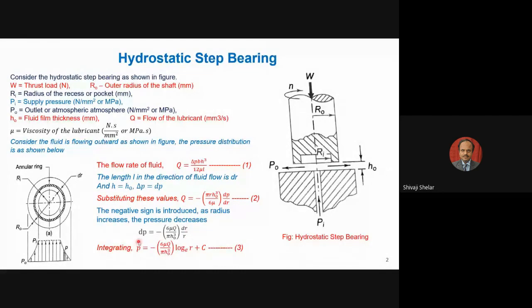So to get the value of pressure at any point across this radius R, we can integrate this. This is a differential form equation, so we can integrate this equation to get the pressure at, say, this point P. So to determine this value of P, we have to integrate this equation. So P is equal to the integration of this. This is constant, so this will remain 6 mu Q upon pi h naught cube. Integration of dr by r is log r, that is ln r, or log to the base e of r, plus a constant of integration.